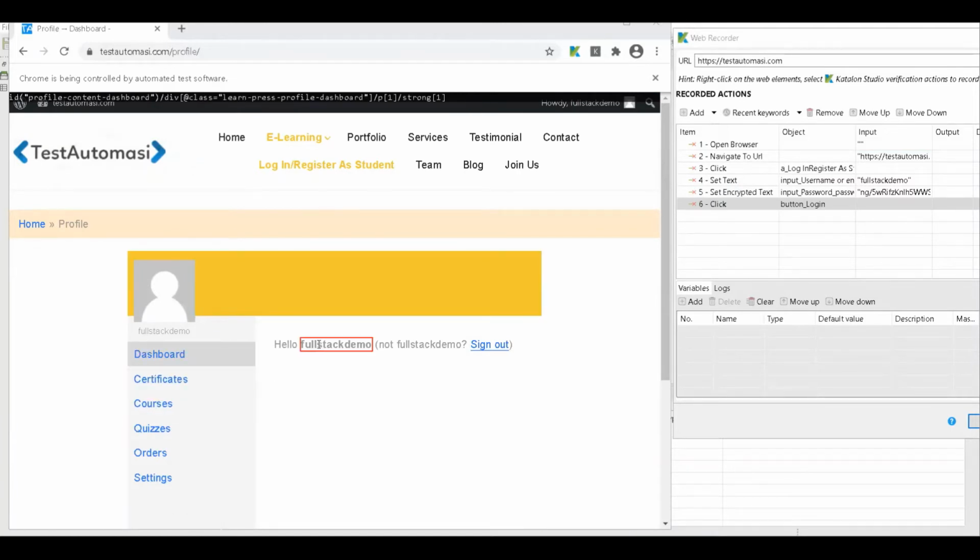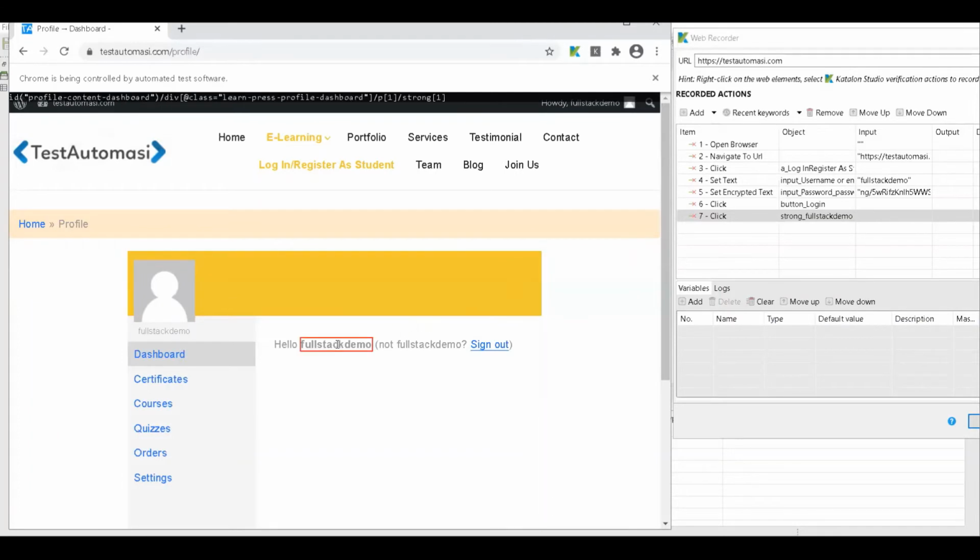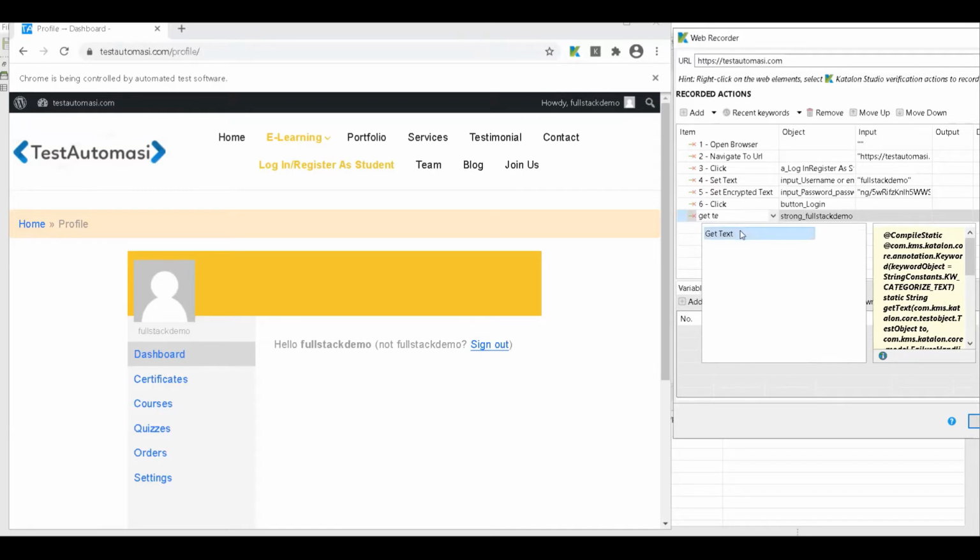Now let's say I want to verify that this is correct, right? So as you can see, till login button click is there. I have to now do something on this particular text, right? But I don't have to click on it, right? So here, if you remember, we were trying to get text, right? So rather than this, at runtime, you can modify the script also. So you can do get text. Okay.